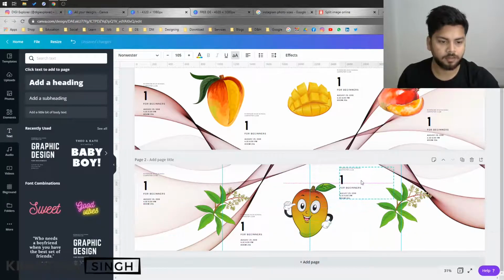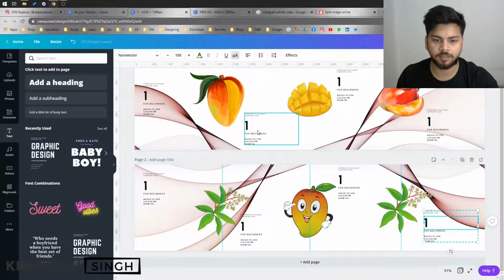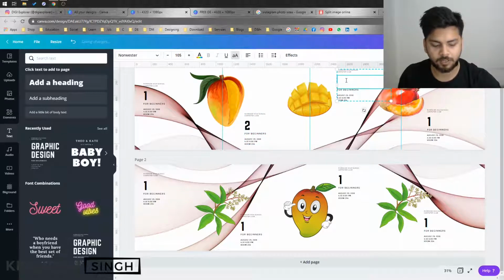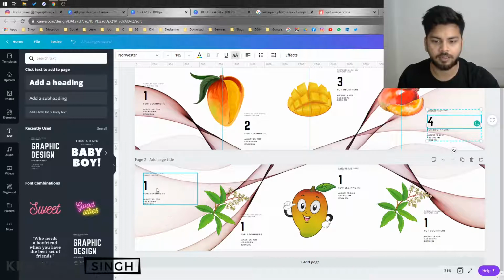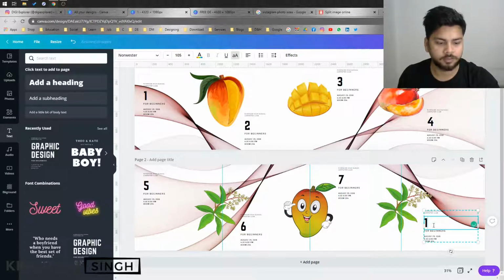So we are almost done creating our 8 images. Let me rename everything, so that it will be more clear to you that you have to use guides and how you have to place the elements in the carousels. And this 7 is the last image.